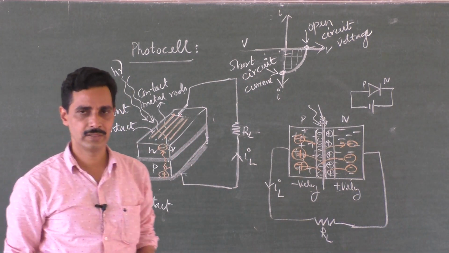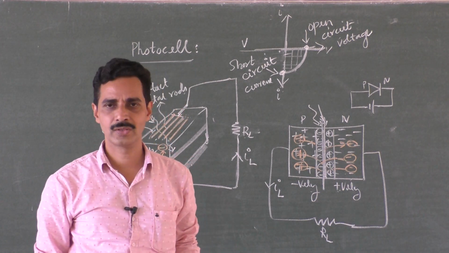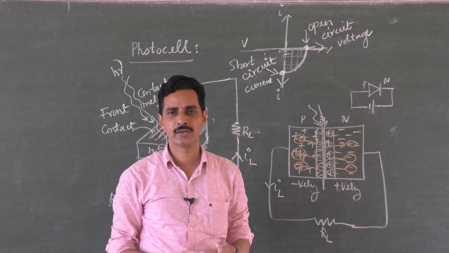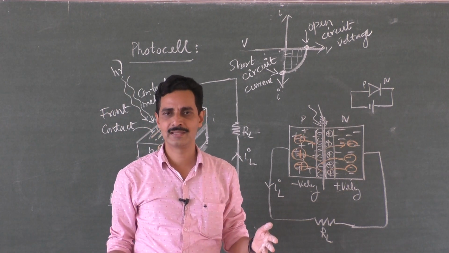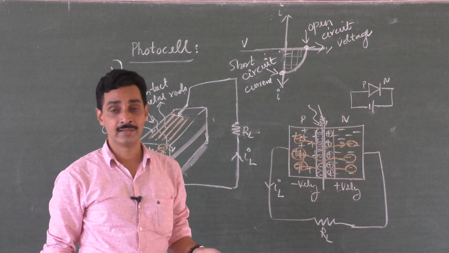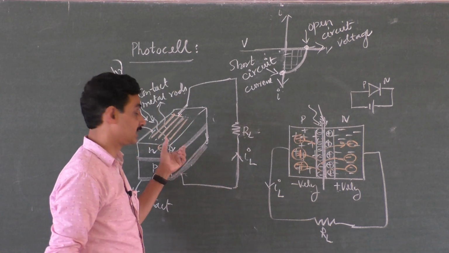So here also you will get some simple questions like, what is a solar cell? A solar cell is a p-n junction. When light falls on the junction, electron hole pairs get separated, and that creates an EMF across the junction. So it itself acts like a cell, and that itself is a solar cell.